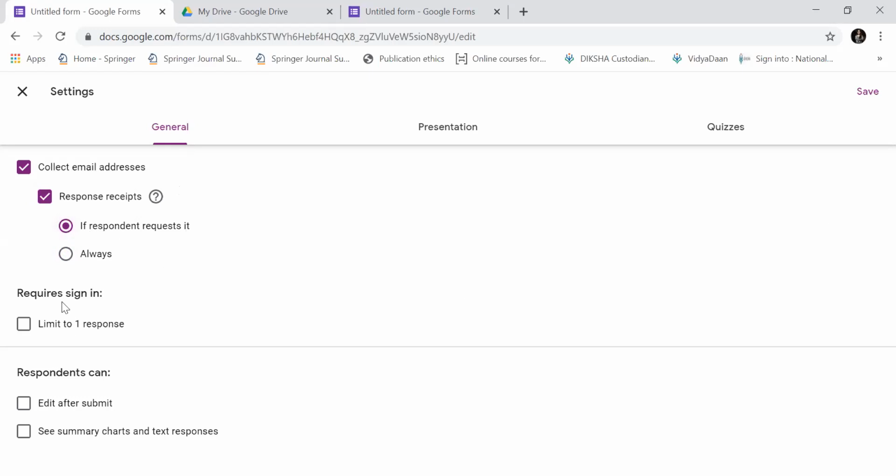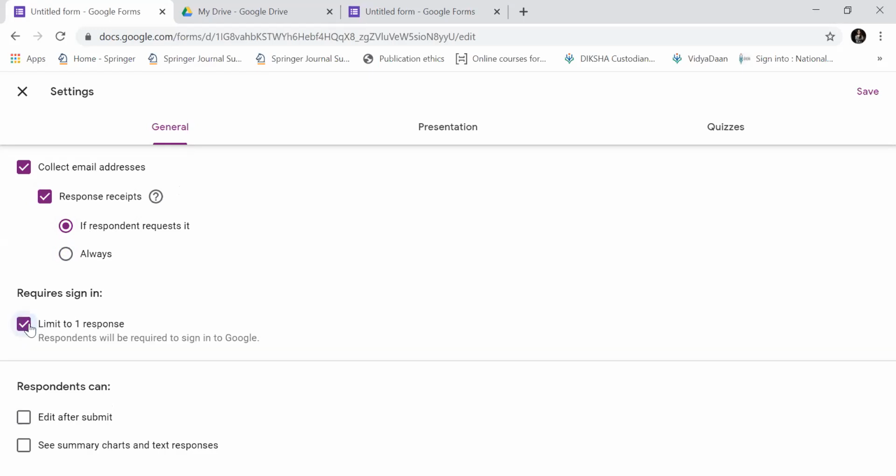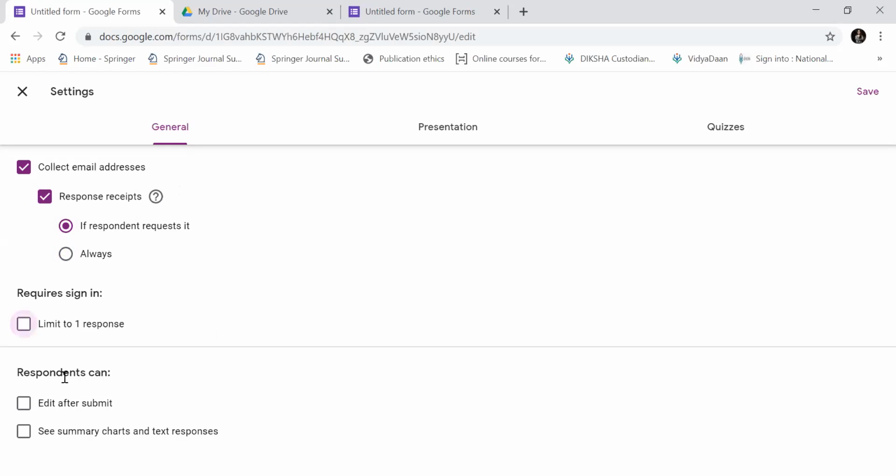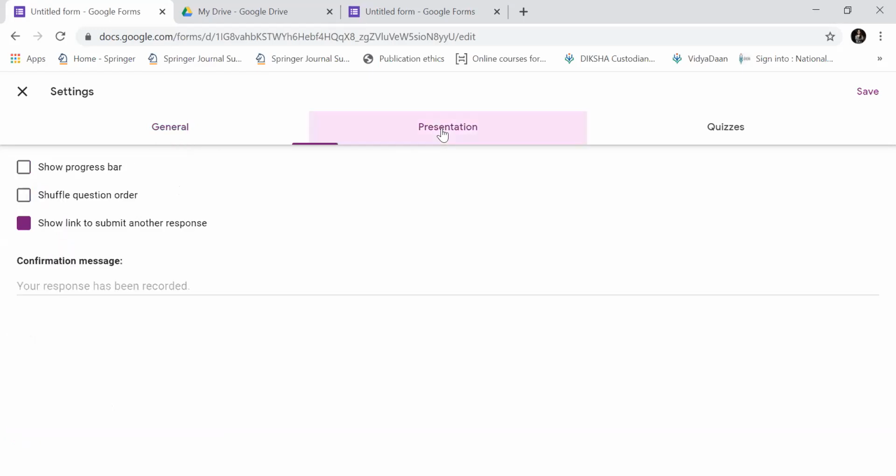Now the required sign in, if you want your student to sign in every time, you will have to click over here. I'm not going to click. Respondent can edit after submit. If you want your student to be able to edit the answer after submission, you can click over here. If you want your student to see the summary chart of others also, now I'm not going to click over here.